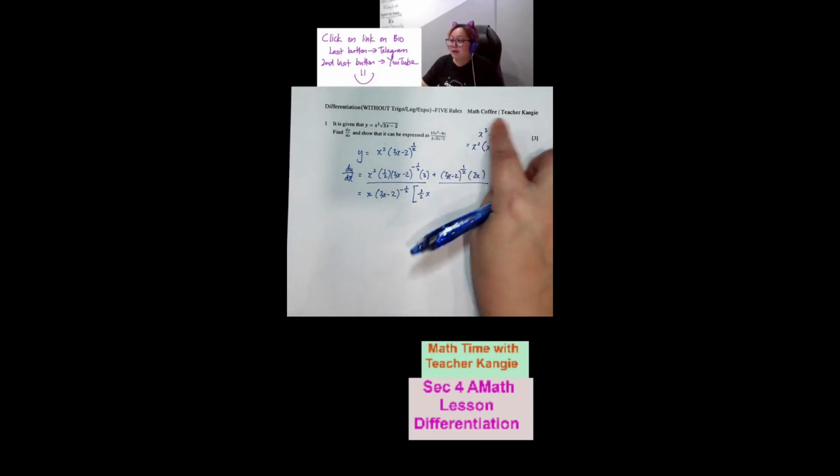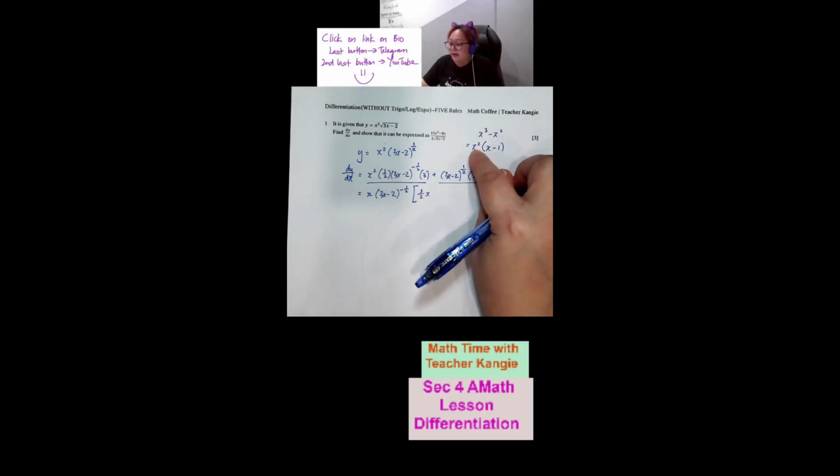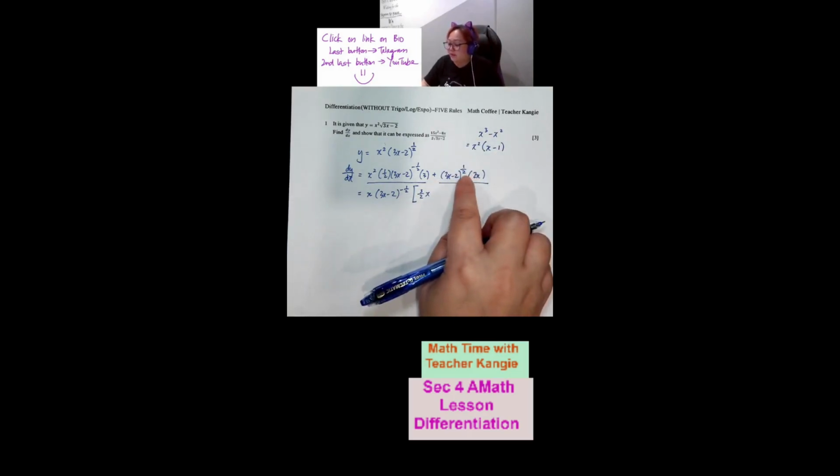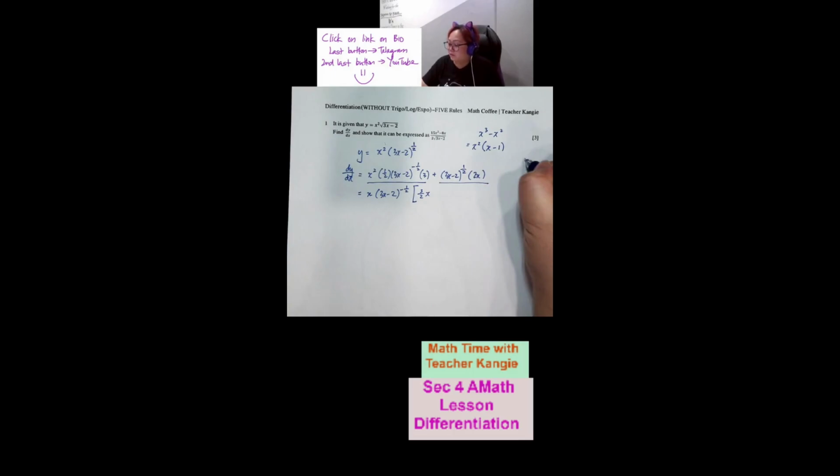You see, let's go back to the fundamental. X cubed, when I take out x squared, I take 3 big number minus small number, so that I know that I'm left with a 1 inside. Agree? So in this situation also the same thing. I will take the big number minus the small number,